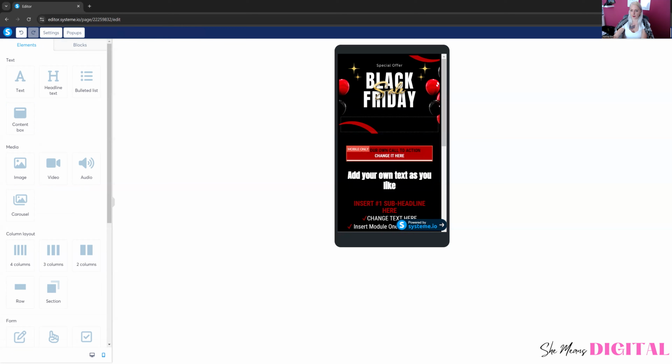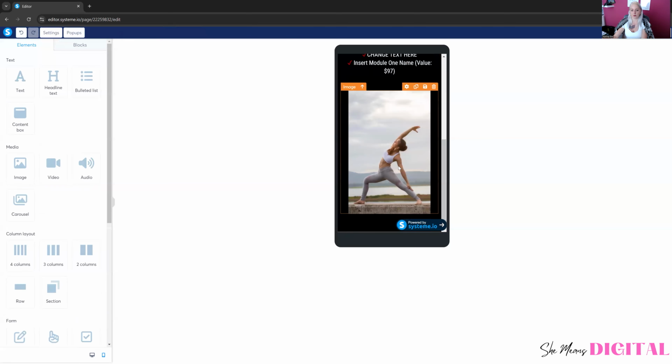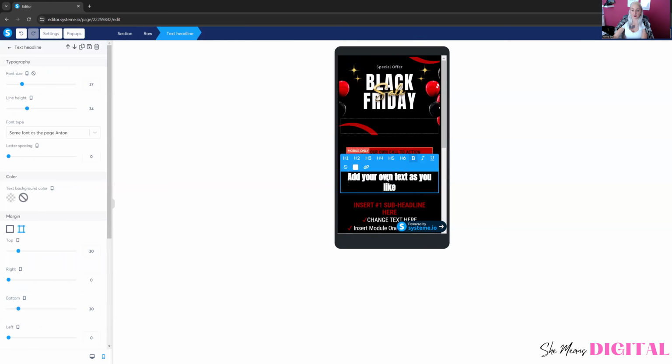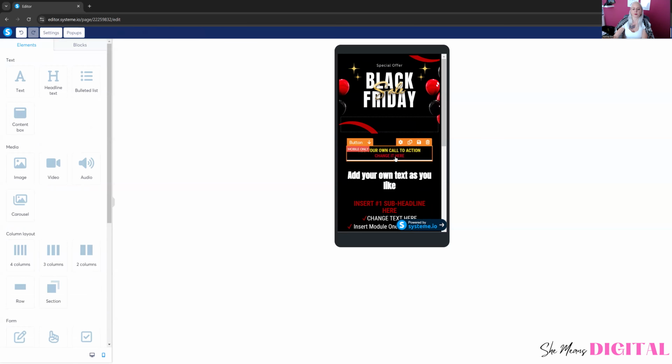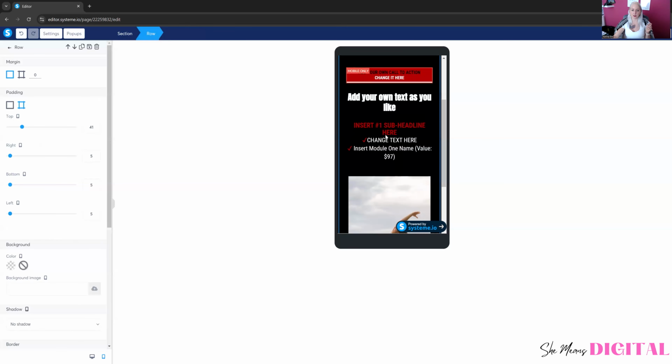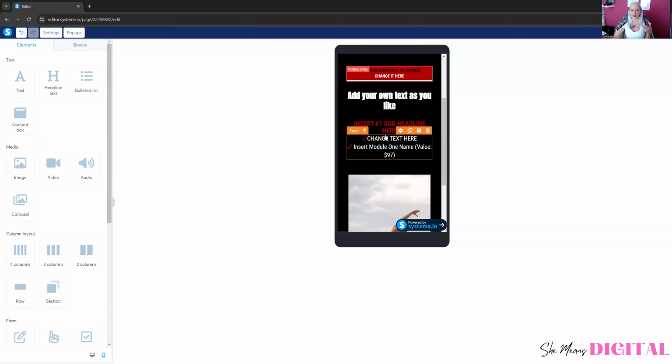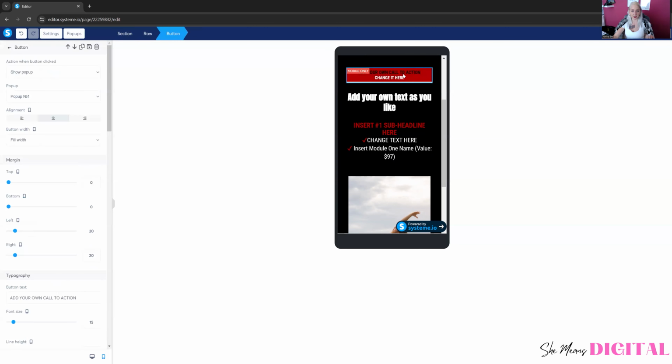Okay. Click Save Changes. So it's really just about adding your own images, adding your own text for your offer, because everybody's offer is going to be obviously different. And then we have the call to action. So this is a simple squeeze page, and this is really good for your lead magnet. So if you just want to collect email addresses to your email list and you want to give them, I don't know, a free ebook, what you do is you just connect this to your Systeme to collect email addresses,